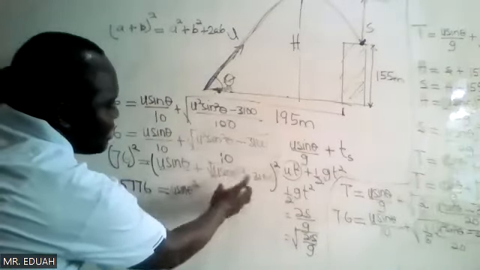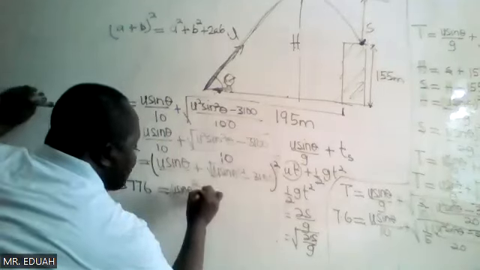A square of this would eliminate the square root sign. So we have plus